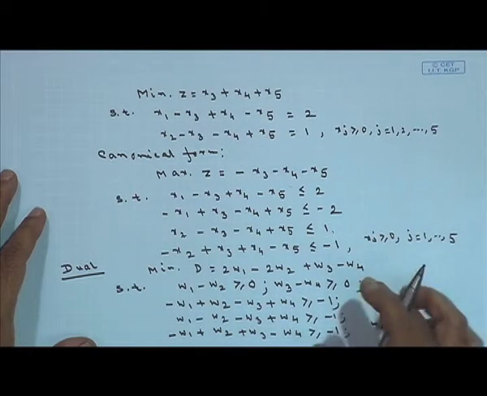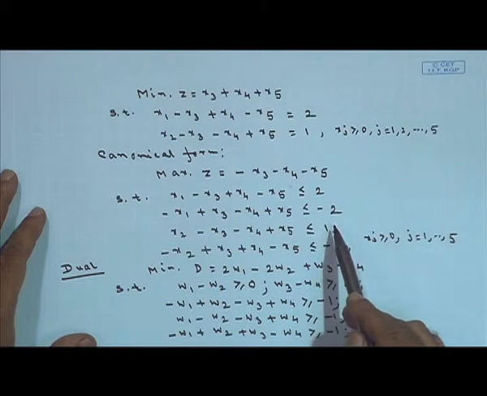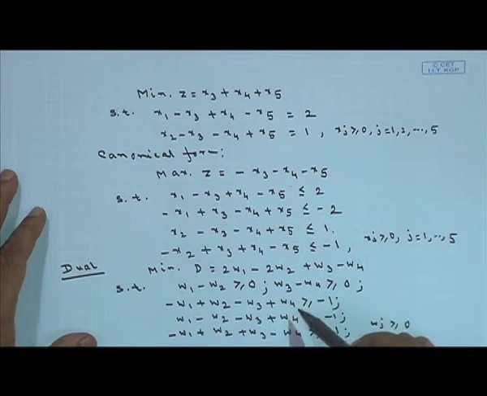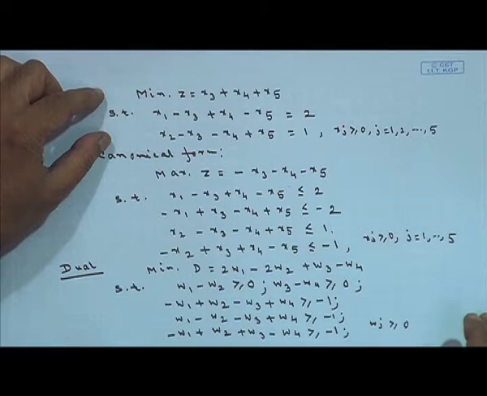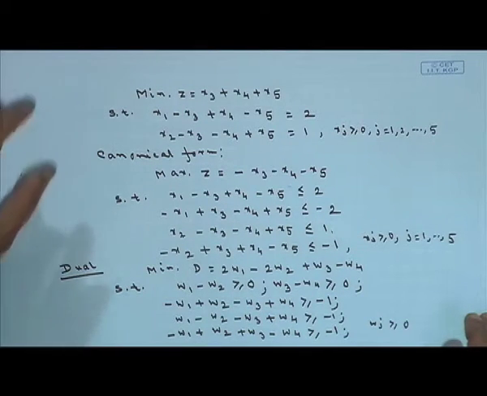Now, in this one, the original problem was this, and here you are writing the corresponding dual. Please note the problem which was given to me initially was a minimization problem with equality type constraints. So, at first I have written its canonical form. Whenever I write the canonical form, I make the objective function a maximization problem, whereas all the constraints will be of less than or equal type inequality only.